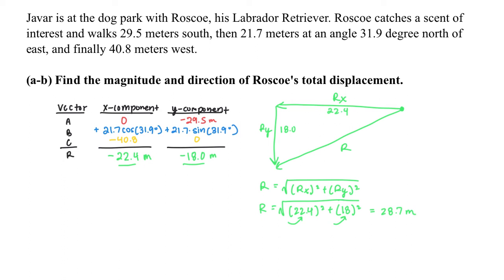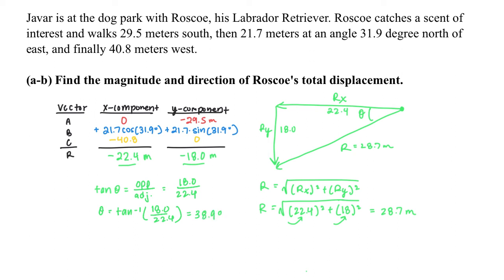Now that I know this is equal to 28.7 meters, I can go ahead and solve for this theta value right here. So I'll go ahead and say that tangent of theta is going to be equal to the opposite side over the adjacent side. And in that case, that would be 18 over 22.4, again using the exact values. That would mean then theta is tangent inverse of this fraction. And putting that into my calculator, I get